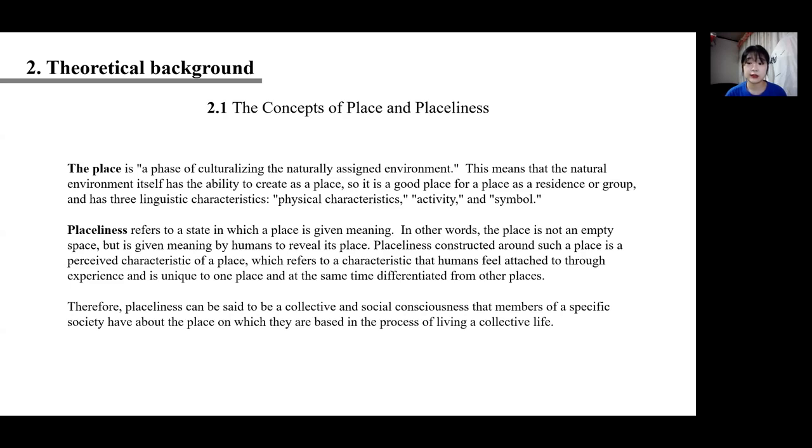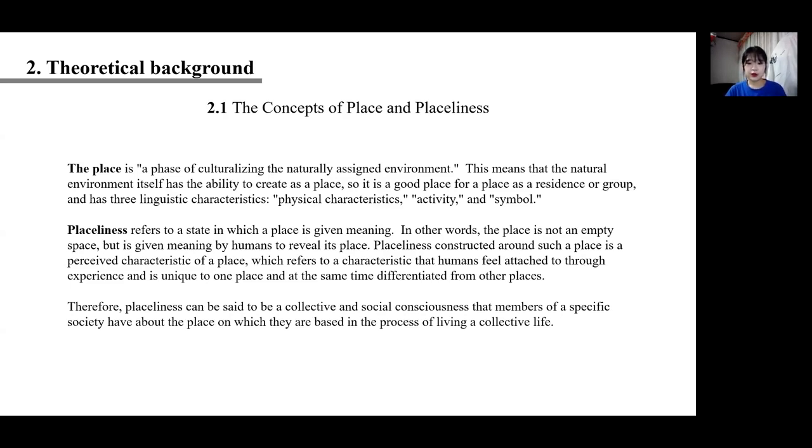as a residence or group and has three linguistic characteristics: physical characteristics, activity, and symbol. Placelessness refers to a state in which a place is given meaning. In other words, the place is not an empty space, but is given meaning by humans to reveal its place. Placelessness constructed around such a place is a perceived characteristic of a place,